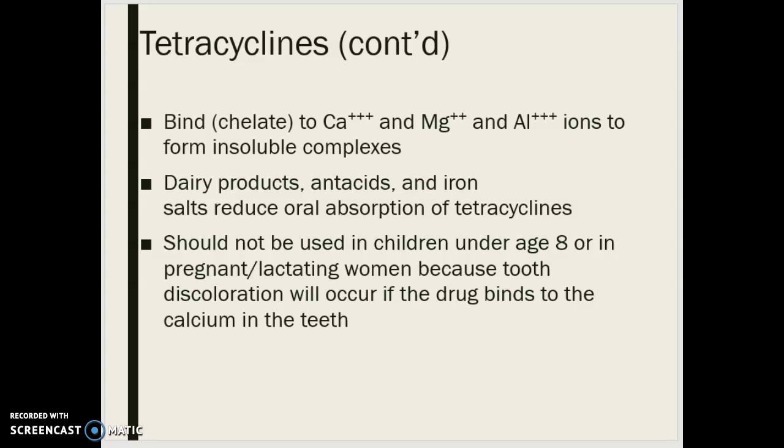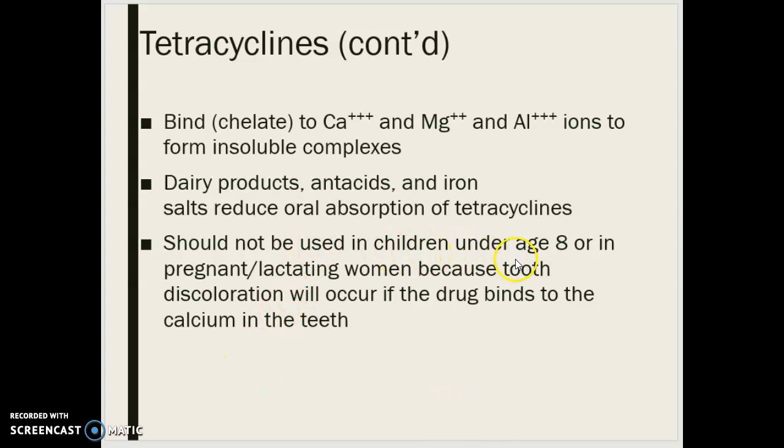So our antacids, milk, any iron supplements, iron preparations, bismuth subsalicylate (Pepto-Bismol), kaolin, pectin, all reduce the absorption of the oral tetracyclines as well. Food, so if you have food that contains iron or dairy, right,